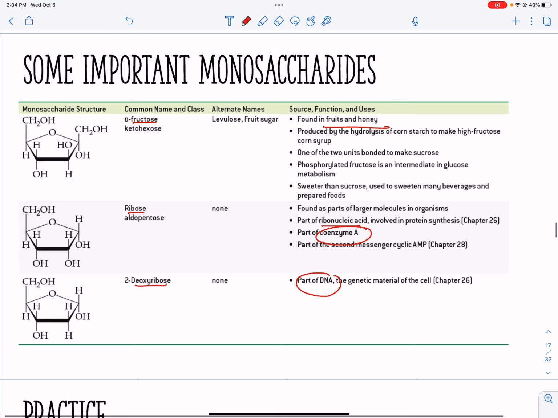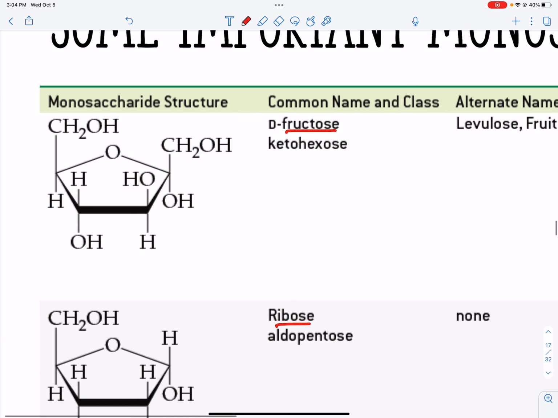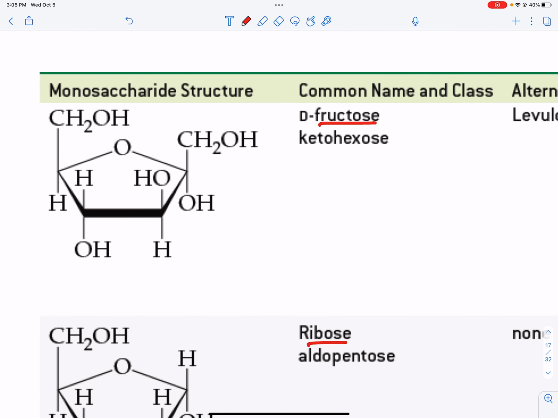All right, which is right here. And this, as drawn, is the alpha anomer because this OH group is on the opposite plane of this CH2OH. They are opposite. One's pointing up, one's pointing down. So this is the alpha anomer. So instead of redrawing it, I'm just going to take this structure as is, and we need to consider which